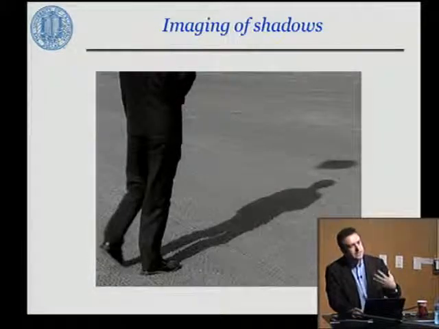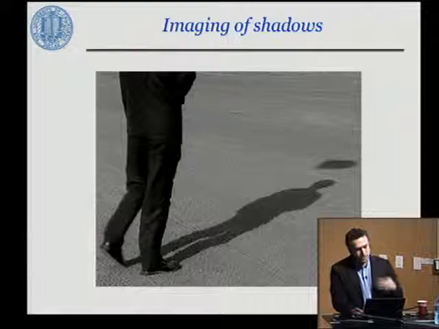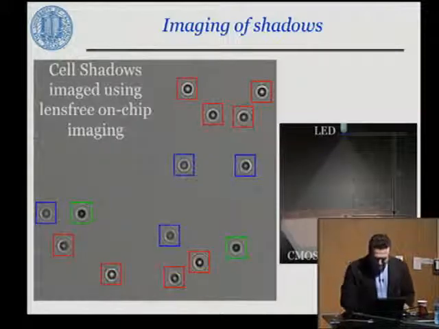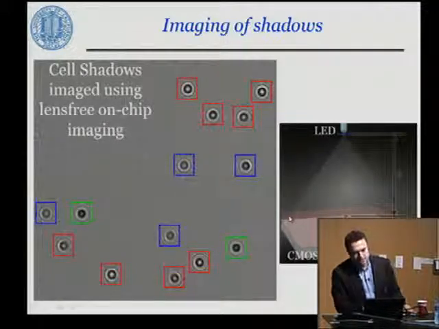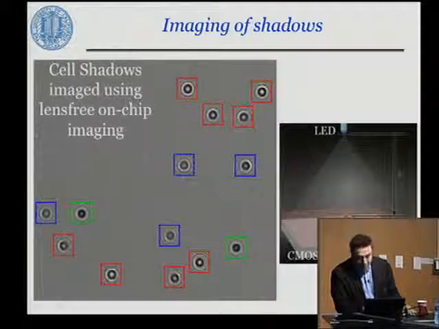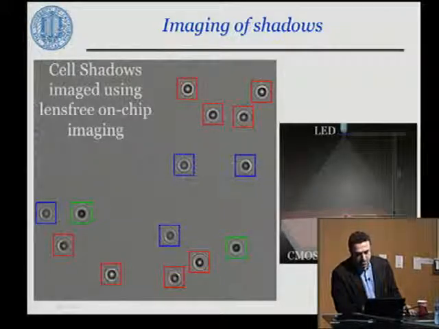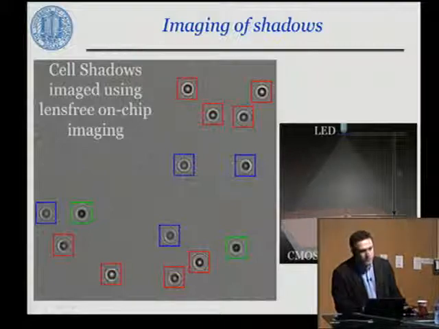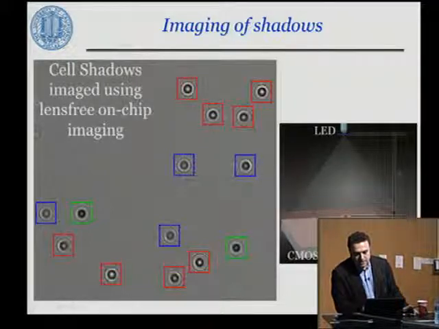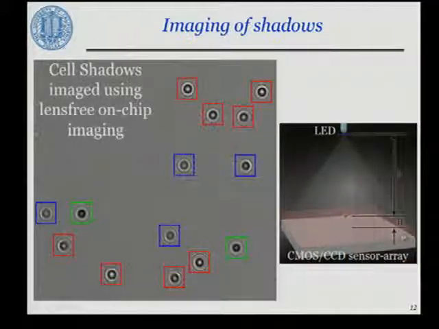As I've said, these kinds of microscopes are based on imaging of shadows. In a sense, if you have a CMOS imager or a CCD sensor array, you're looking at a certain active area dictated by the number of megapixels that you have and the pixel area. Typically, all of your mobile phones would fall in a range where this silicon chip here would be half a centimeter by half a centimeter. So typically, you're looking at 20 to 30 millimeter square area.